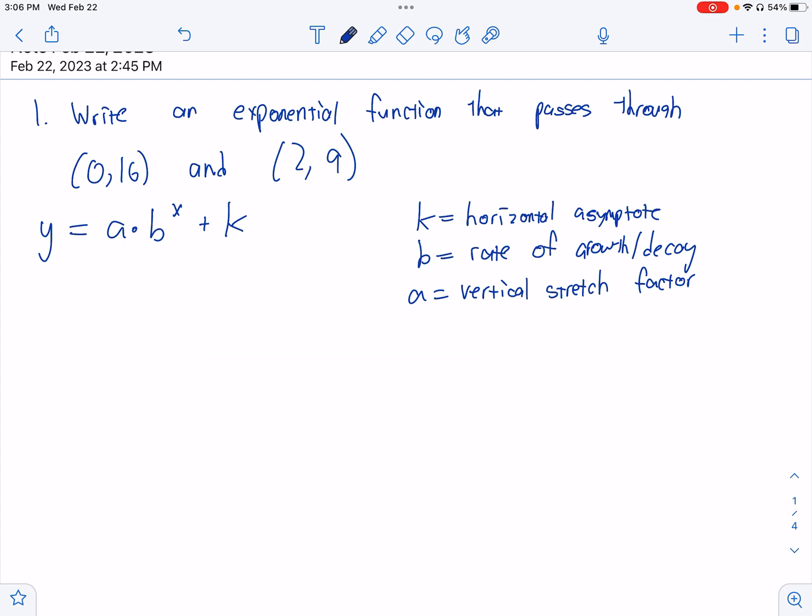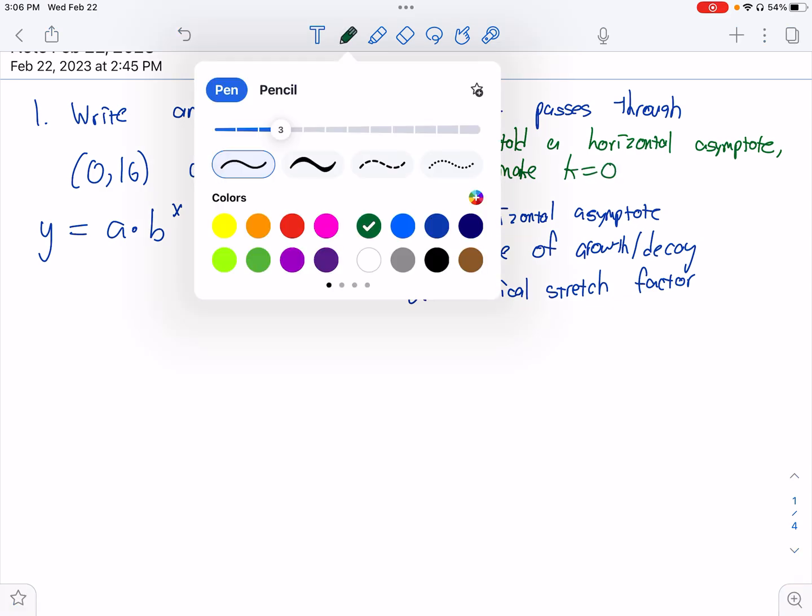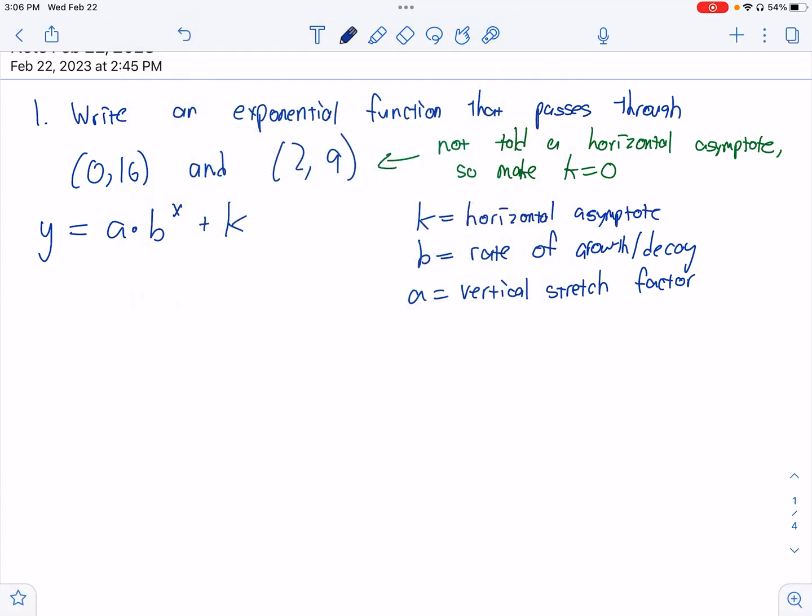So this first problem, we're told write an exponential function that passes through (0, 16) and (2, 9). If we are not told a horizontal asymptote, then I am going to make the asymptote 0, because that's the easiest thing to do. So we're just going to let k be 0, and then we only have to deal with a and b. I just have y equals a times b to the power of